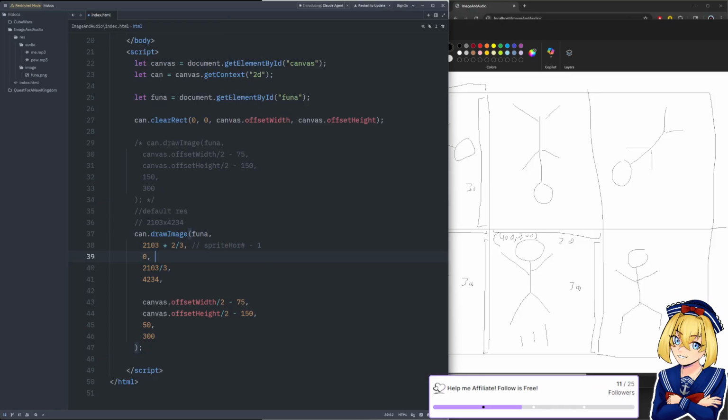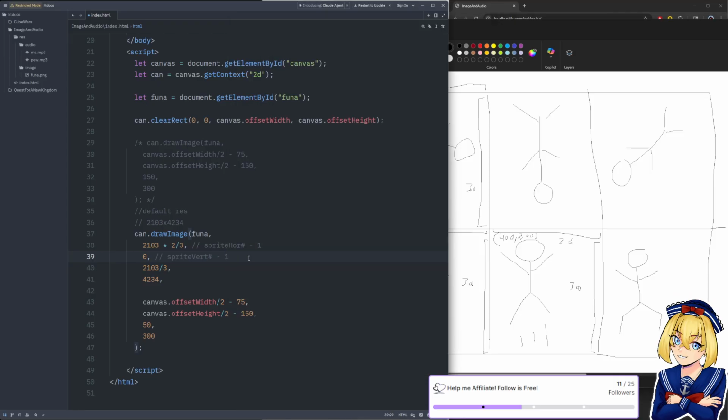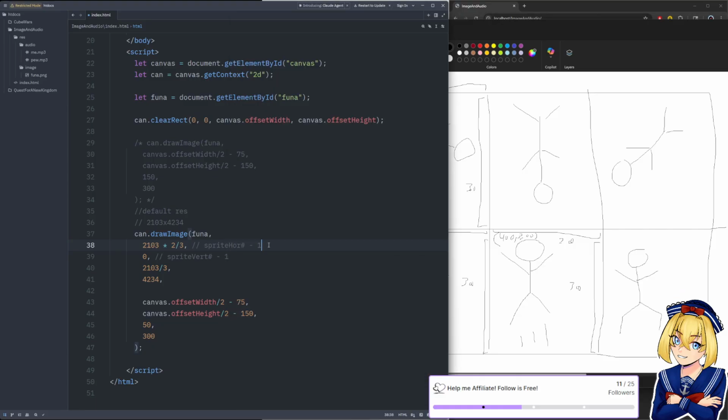And then this is the sprite vertical number you want, minus 1, of course, because we're starting at index 0. So if you want 1 vertically, your y would be 0. If you want this vertically, then we haven't added that part yet. Horizontally, we're going to want to cut in whatever our sprite width is.